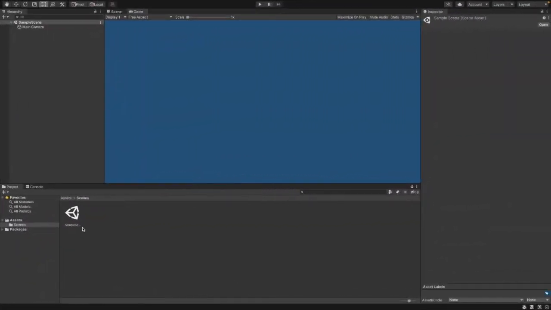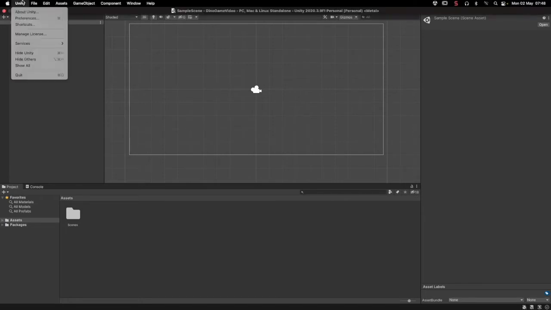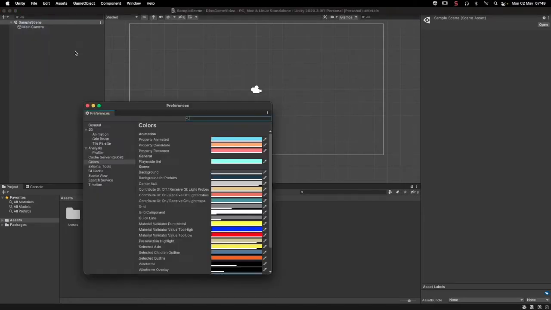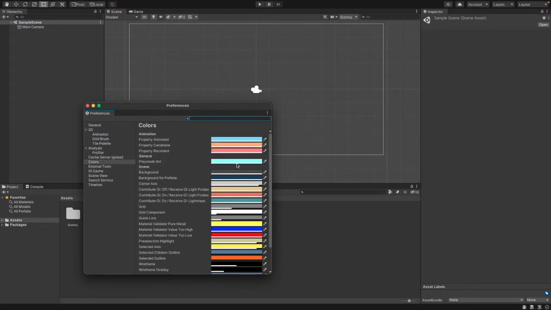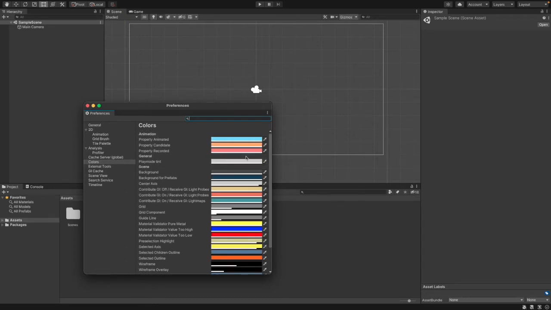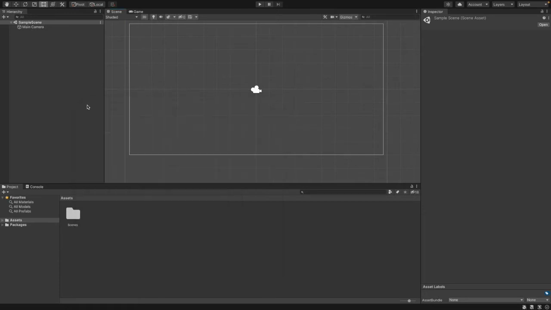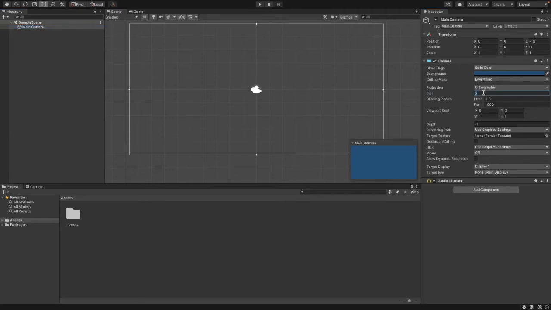So Unity's finished loading. So as you see, this is what we get. What I would like to do first is go to Unity and Preferences. Let's just use default again. As you see, we have a play mode tint here, and I'll explain why I'm changing it in a moment. I want to choose this light blue color I like. Anyway, let's close it. So the reason why I'm doing that is if we just change the size to like